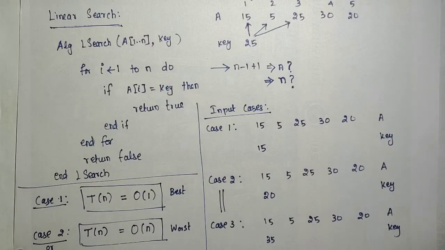So which complexity do we need to consider, best or worst? Don't say the best complexity needs to be considered. The best case does not mean the execution time is the best. Best case complexity means that for the best case input, what will be the complexity? You will get the lower complexity.